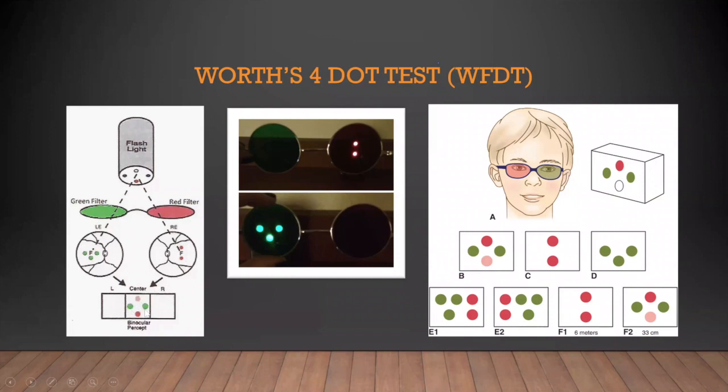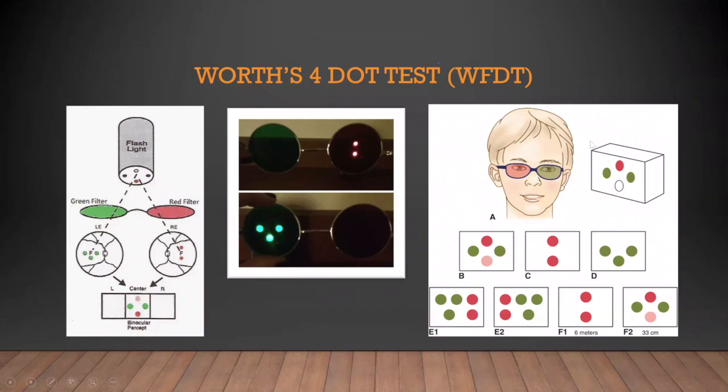So when you see the mix, you're going to see this diamond wherein the dot on the top, which is seen red by the right eye and green by the left eye, is going to be viewed as a dark red colored dot. Okay. And the others are going to be viewed as 2 green and 1 red. So this typically shows you that you're not seeing with your left eye, only with this eye you're seeing 2 red and you're seeing 3 green.